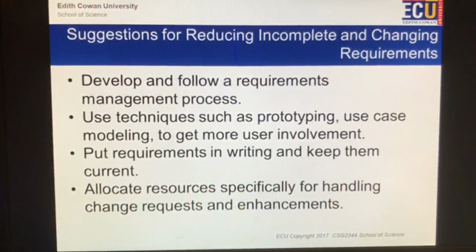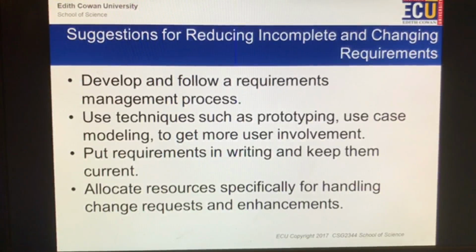So change requirements can be troublesome, and I suppose it's important then to have a few tricks up your sleeve. One, of course, is to just follow the requirements that are specified. A good scope will allow you to do that. Other things you can do is you can effect some prototyping,